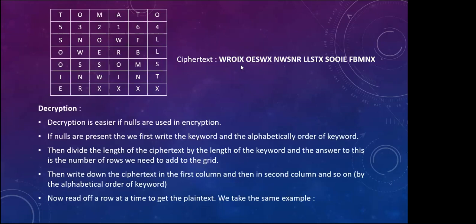We will read off the columns according to their labeled number, like here we have labeled them. So the first column would be this one, then second, then third, and then fourth. In this way we will write them in the ciphertext. So we get this ciphertext. As you can see, it's nothing but similar to a route cipher with the route as columns. Just the difference is that here we have used a keyword to decide which column we will read first.